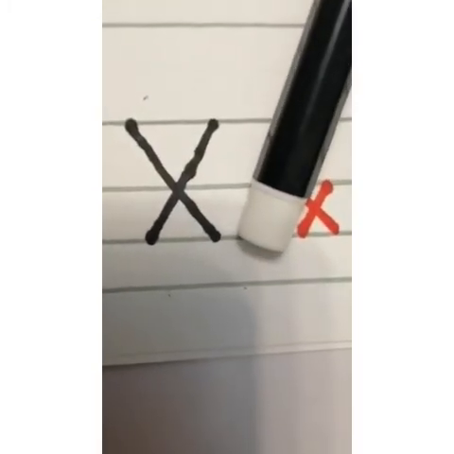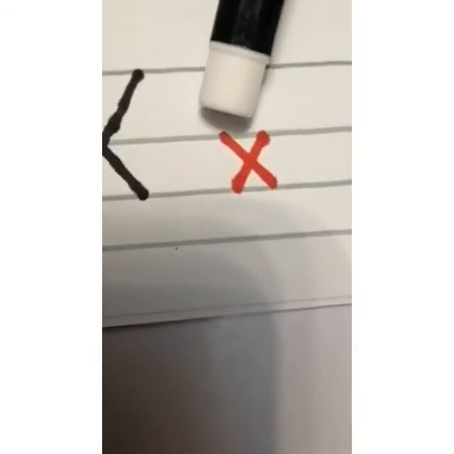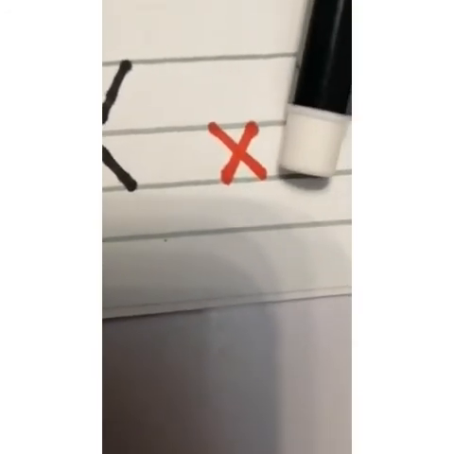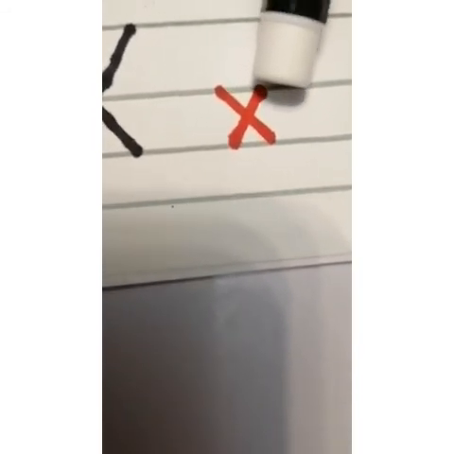Come straight down, go a slant up, go back a slant down and come straight up. Baby. Start it from the top and make a line down towards the right. Now go back to the top and make a line down to the left. X. Now start from the middle and do the same. One line to the right and come back to the top and make one line to the left. X.